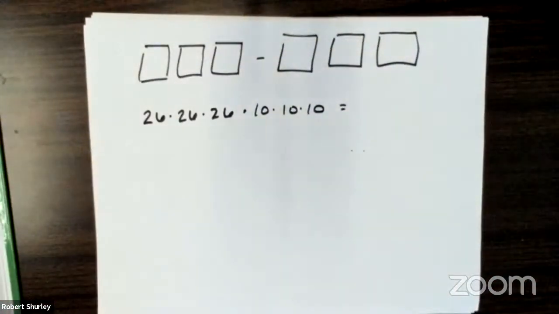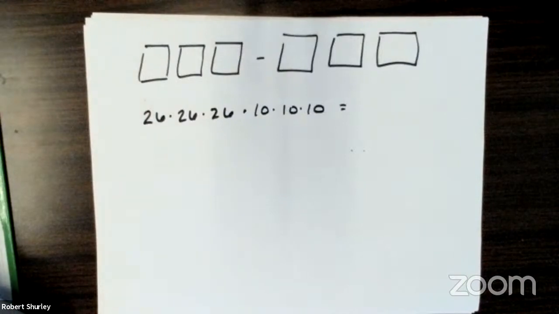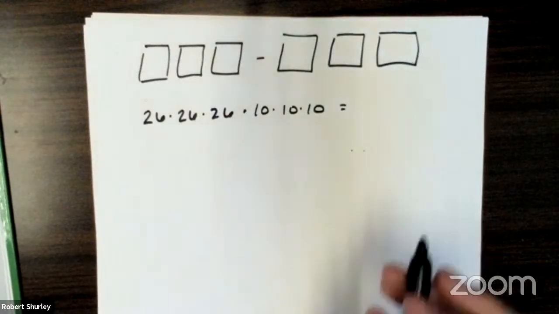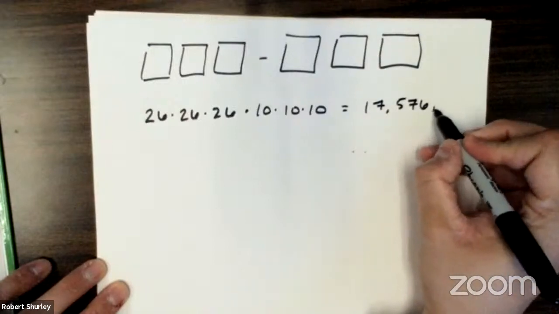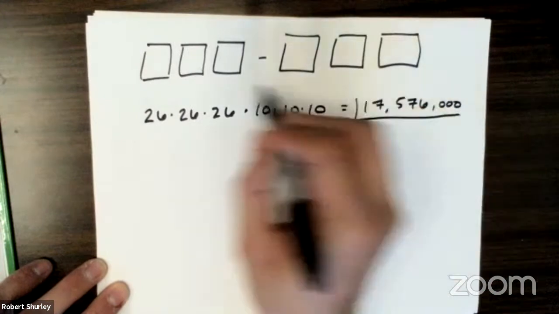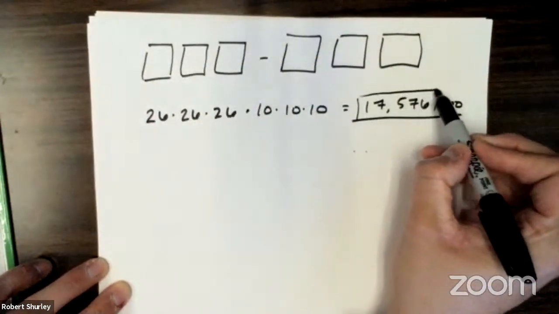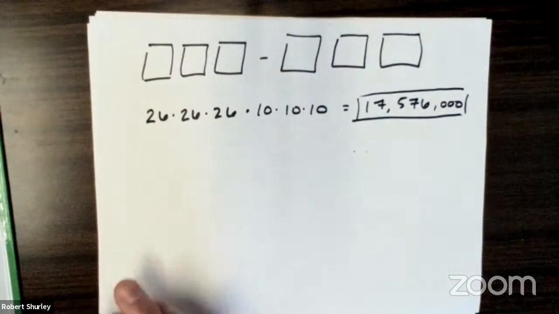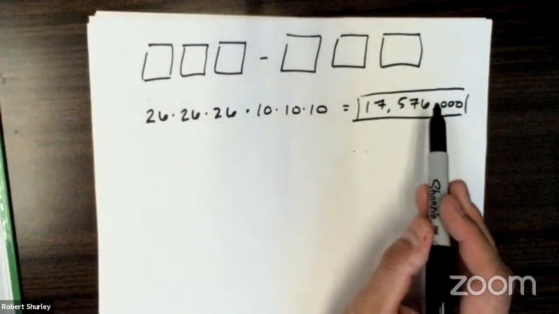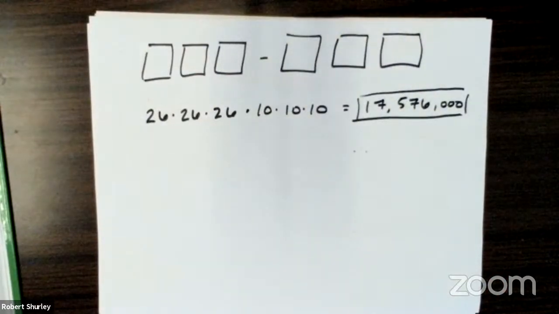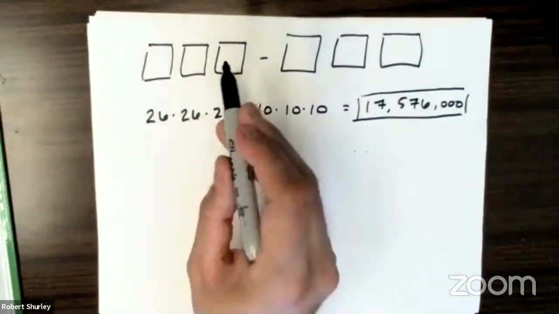Oh man, I've got to do this on a calculator. Okay, let me bust the calculator open. 26 times 26 times 26 times 10 times 10 times 10. And my calculator tells me we've got 17,576,000 options for license plates in this form, okay? 17 million, I should say, 576,000 different combinations of license plates if it's in this form with 3 letters and then